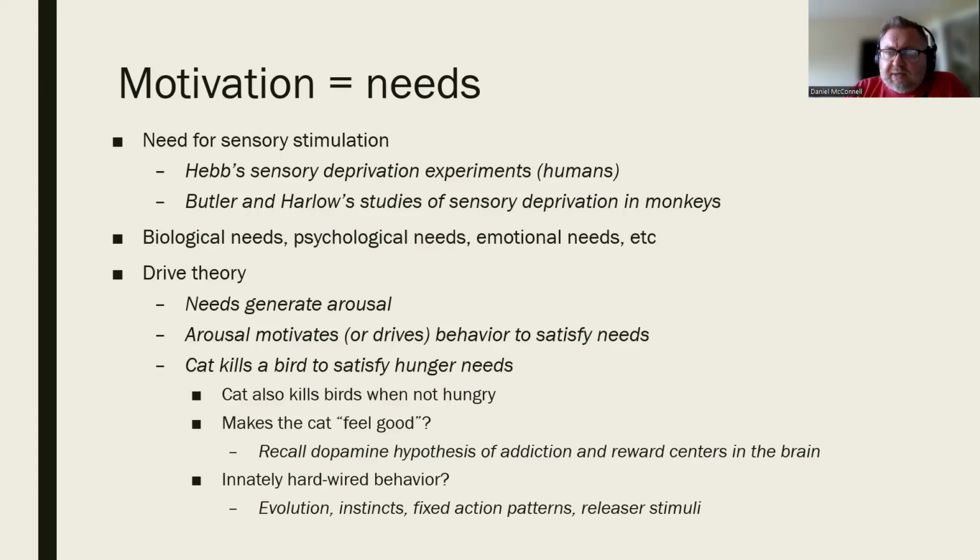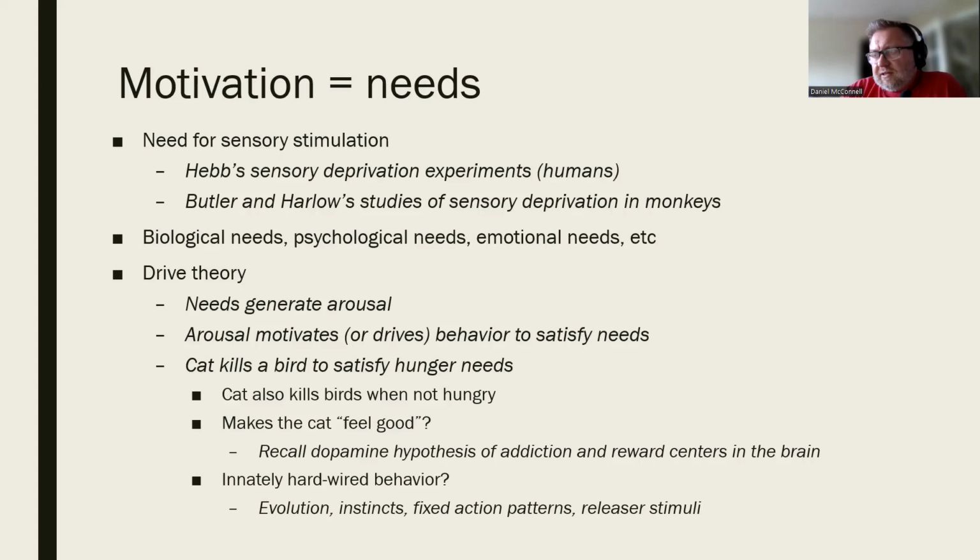So the logic behind biological drive theory is that when a need is not being met, as I mentioned earlier, this creates a particular state in the body. And we're going to call that state some form of an arousal state. Arousal states are sometimes labeled in what's called a negative valence. That is, it doesn't feel good to experience this kind of arousal state. Hunger might be an arousal state, and it doesn't feel good to be hungry. And so now I am motivated to make that arousal go away, to make that hunger go away. And that returns my body back to a calm, balanced state, which we call homeostasis, right?